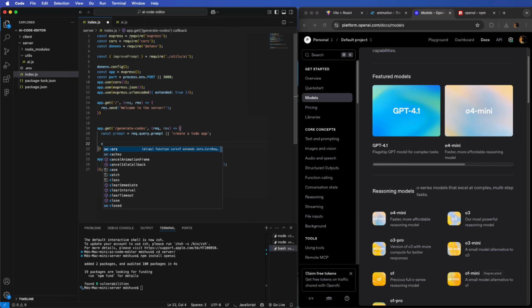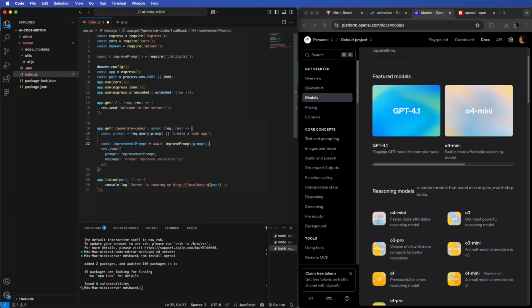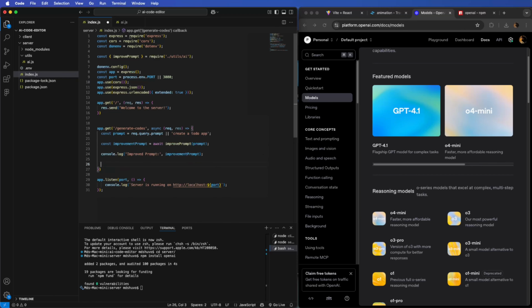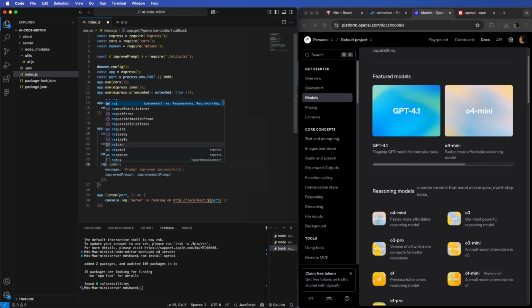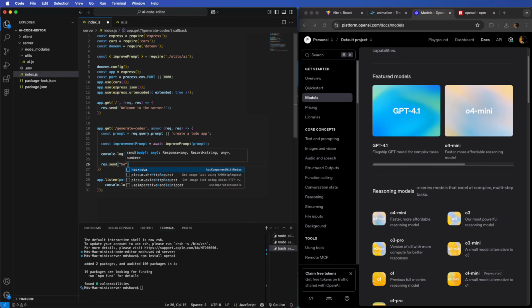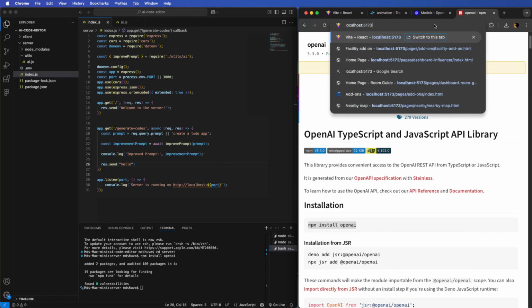We're going to say const improved prompt equals to, and again we are going to have to make this async. We can say await improve prompt and then the prompt. And for now let's just say console.log improve prompt equal to this, and we can say res.send, and we can send anything. Let's just say hello. So now in our browser, if I go to localhost:3000